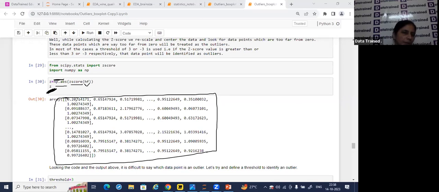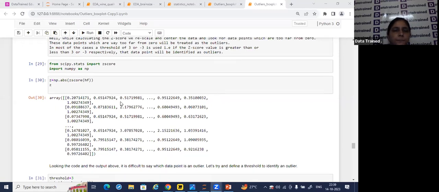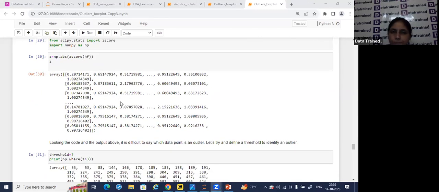Suppose the Z-score calculated for the data frame is 0.20, 0.65, 0.51. Different values are coming here, but all in NumPy array format. Right now, when I'm checking these values, I'm not able to understand where these values are going. So now I need to find out